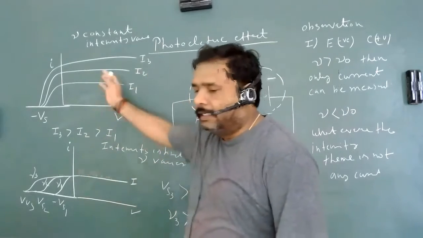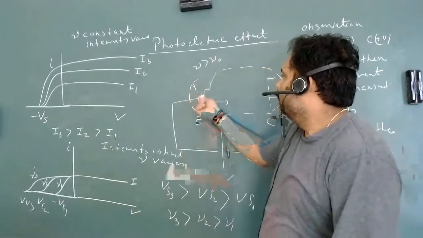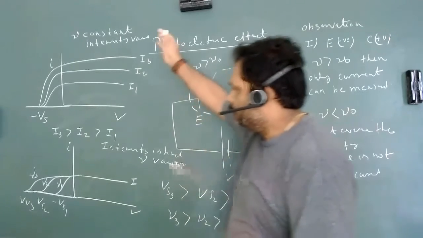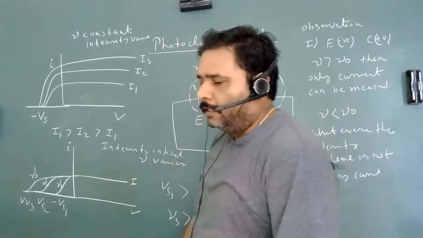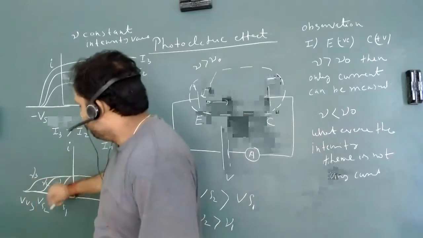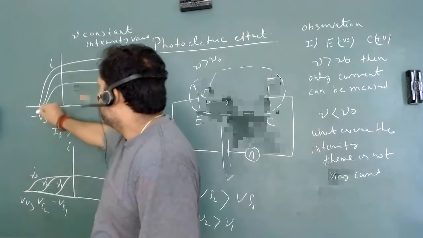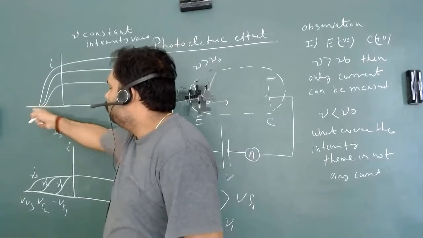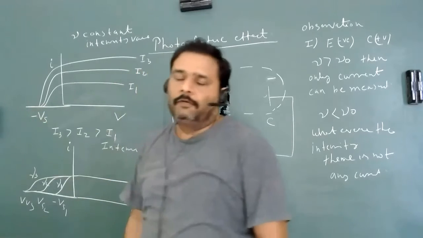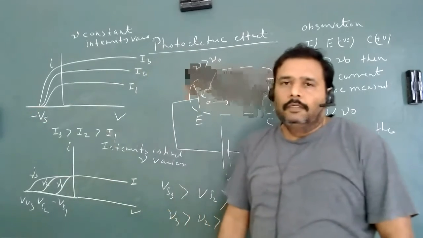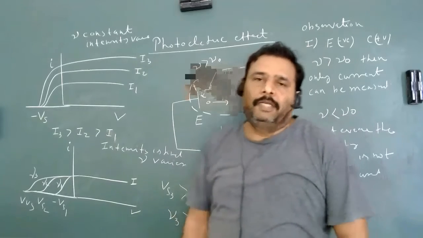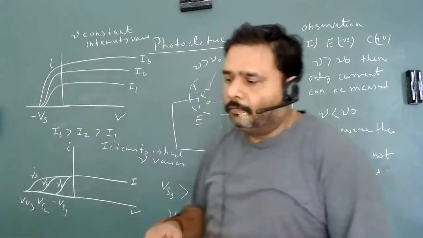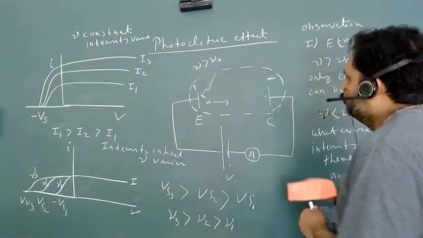So we have two basic curves when the emitter is positively charged and the collector is negatively charged. These are what we have seen, and we are concerned about this particular Vs. And here, if we change the intensity, we don't have any change in this particular Vs. So how can we explain it? Before explaining it, we must understand one basic phenomenon of energy.